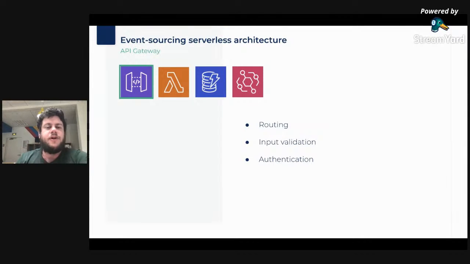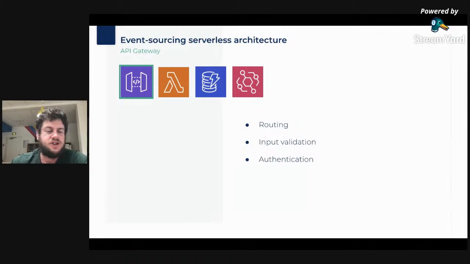So, working with AWS on this one, I want to share with you specifically four different managed services that we used to develop this application. First one is API Gateway. API Gateway is an HTTP endpoint managed service, allowing us to easily route HTTP requests to other dedicated managed services in AWS. API Gateway also has a nice set of features allowing for input validation before you trigger any downstream managed services in your stack.